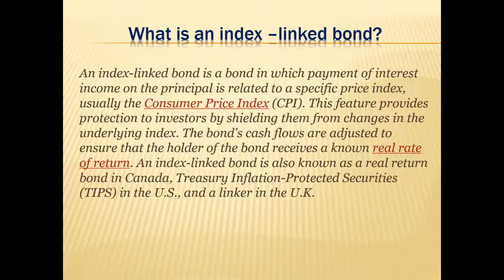What is an index-linked bond? An index-linked bond is a bond in which payment of interest income on the principal is related to a specific price index, usually the Consumer Price Index or CPI. These features provide protection to the investor by shielding them from changes in the underlying index. The bond cash flows are adjusted to ensure that the holder of the bond receives a known real rate of return. An index-linked bond is also known as a real return bond in Canada,